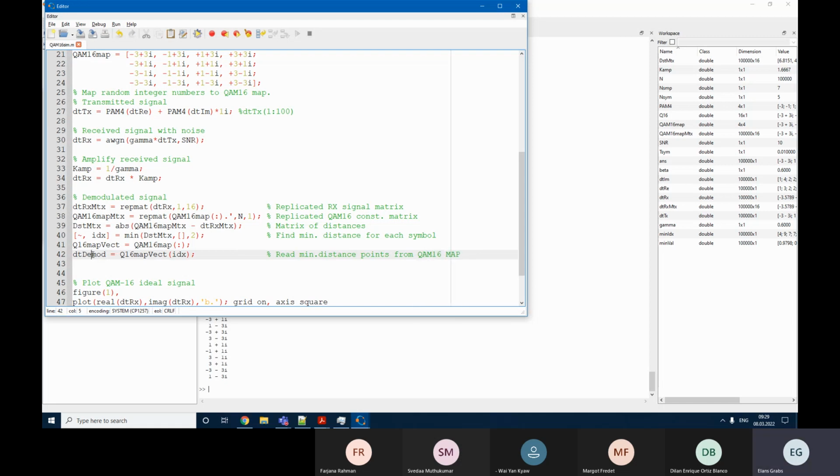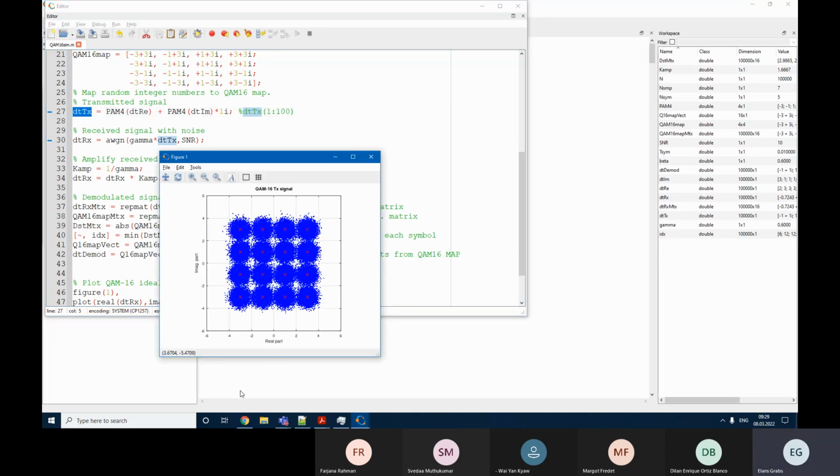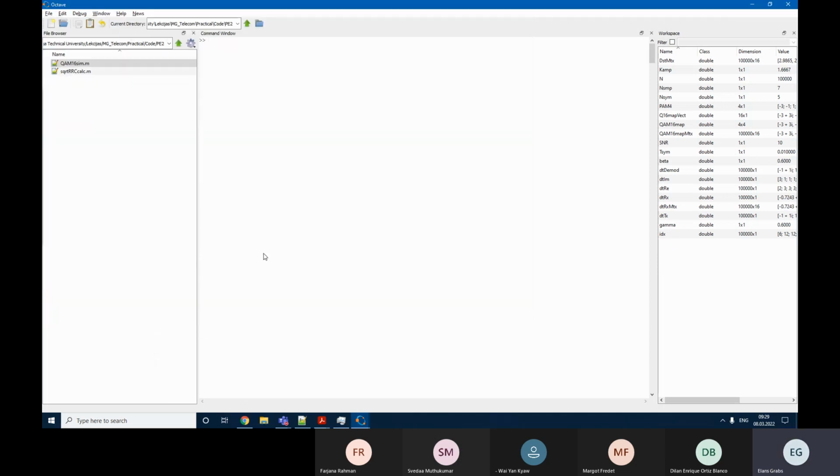And the idea is that these data demod values should be exactly the same as the data transmitted. Yes, so let's see and try to compare it. Data demod first 20 values and data transmitted first 20 values. Yes, as we can see,